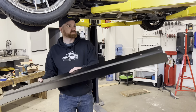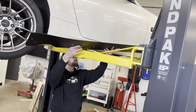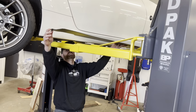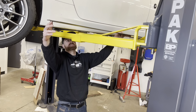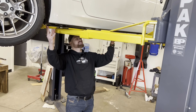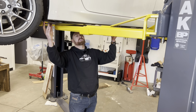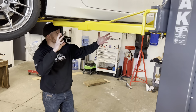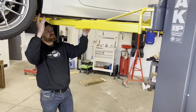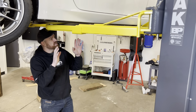So I'm going to go ahead and put this over our arms. Oh, and one thing to note too is that the inside mounting piece here is high, and then the offset drops down. So I'm going to slide this into position here, and if you're doing this on the ground, you'll want a second set of hands to help you out. But if you're doing it on a lift like this, it's nice because it essentially helps hold it up for you. So I'm going to grab the driver's side, get that one put into place, and then